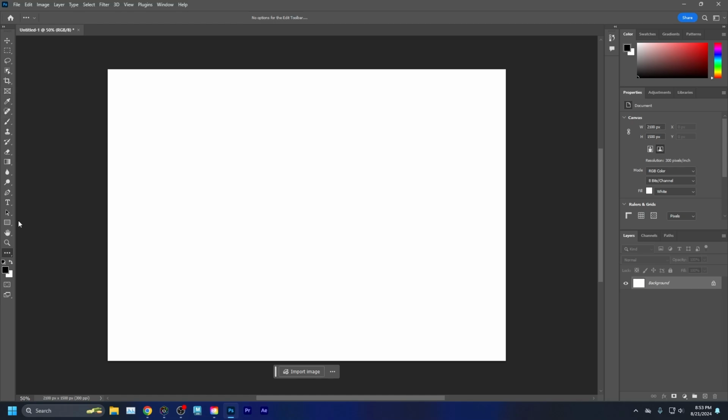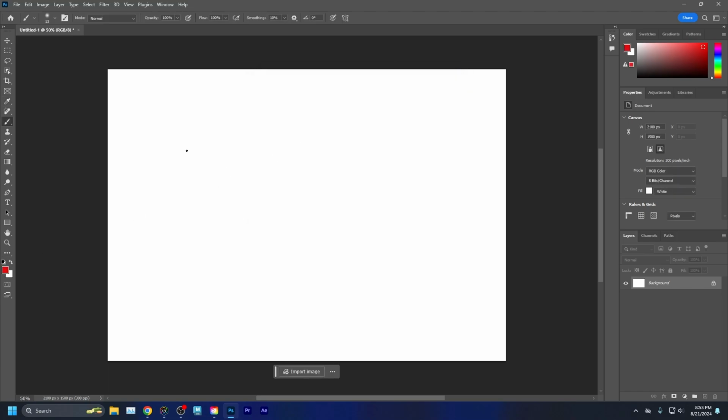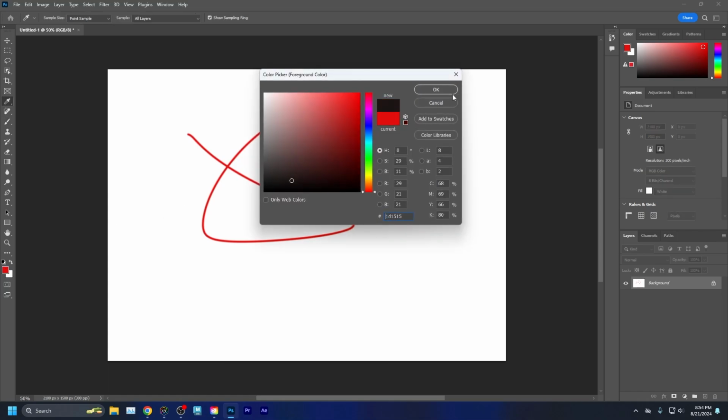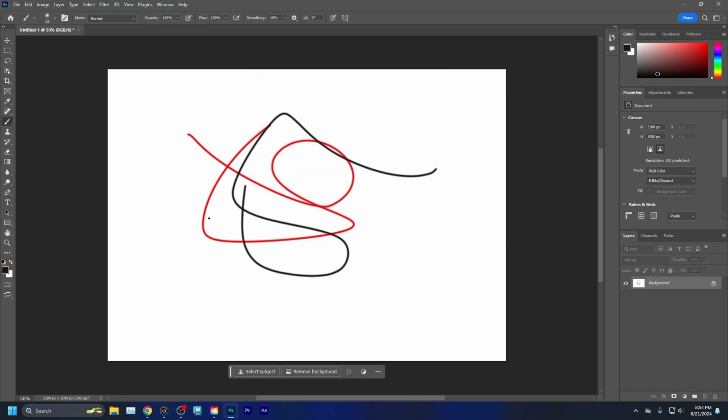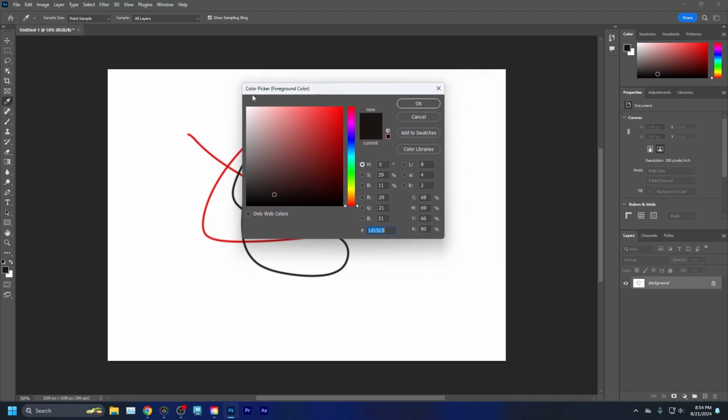Now, just continuing down the toolbar, we have our color swatches. We can left click on the top color and this will let us change to a different color. I'm going to move to my brush tool so you can just see me coloring, and you can see what happens when I change the color. I left click on a square or a swatch, I'll use the terminology interchangeably, and you can see I get the color picker window